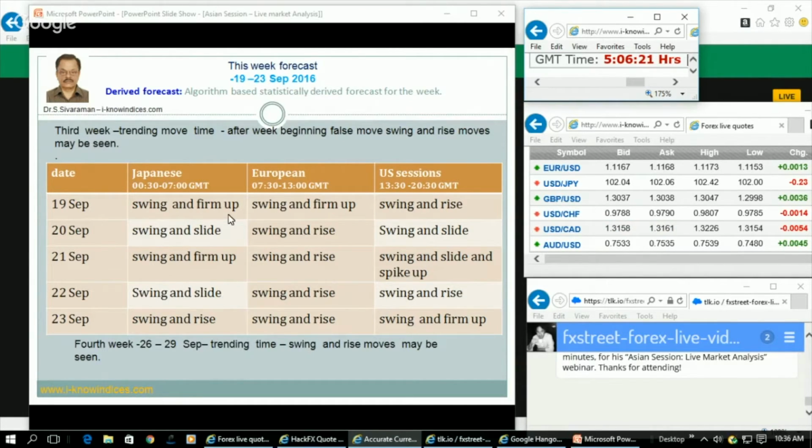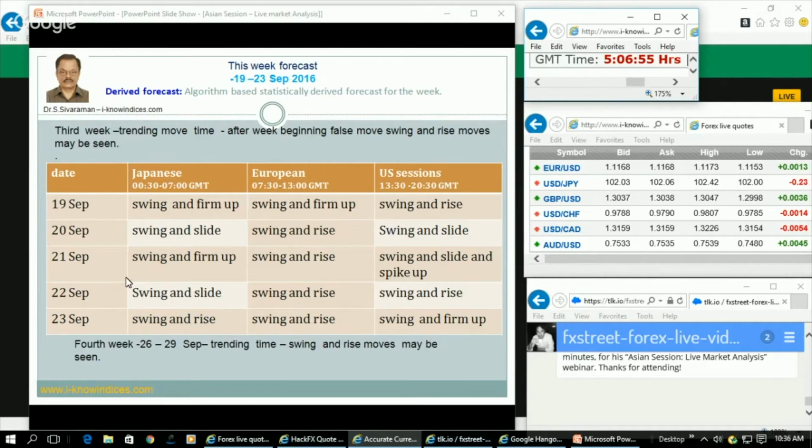Swing and firm up is expected during the Japanese session, followed by the European session, swing and firm up. So they will slowly gain the levels in the case of Euro and GBP, and also gain more during the US session. Then tomorrow they are expected to make a swing and slide on Tuesday, a small rise and then slide. And that will give the impression to the traders that what is gained is being lost, and they will think that for FOMC they are expected to make a big drop.